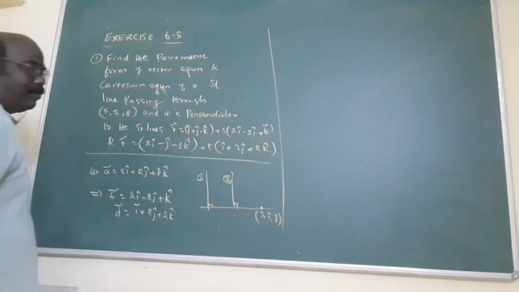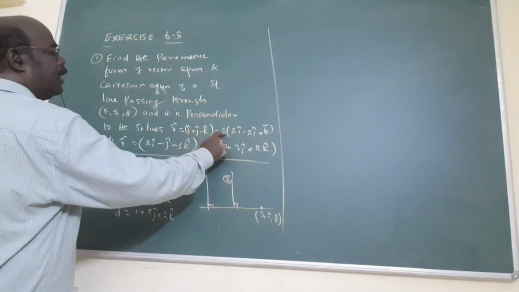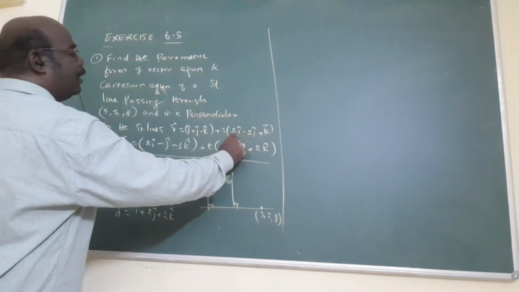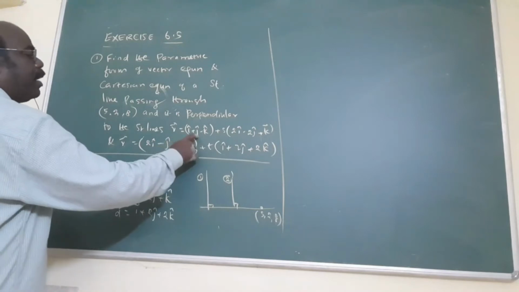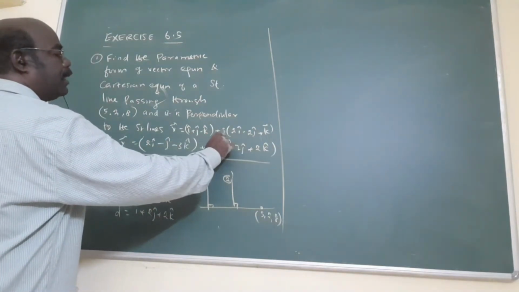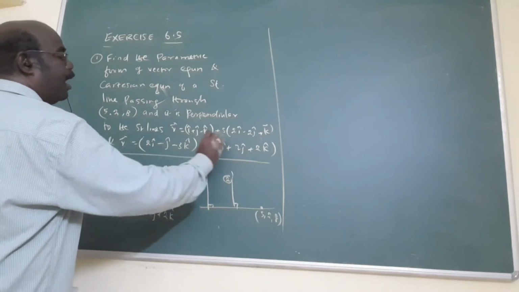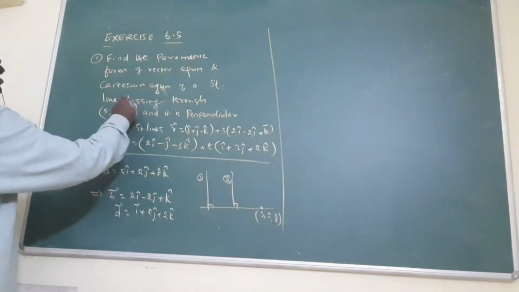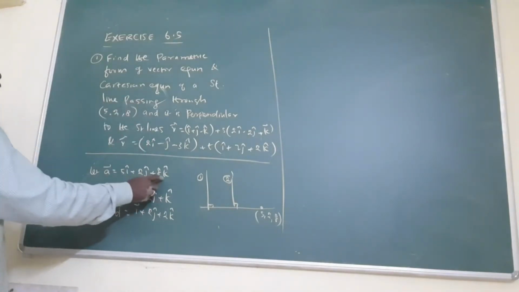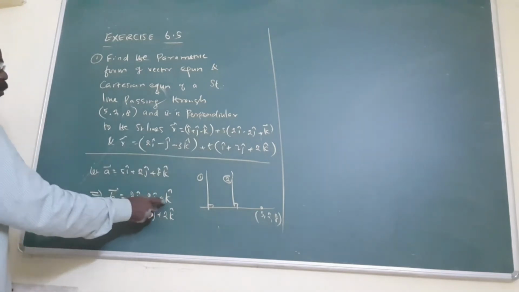Usually, I already told you, r vector equals a vector plus some scalar into some vector. This is called b vector. Next one is d vector. This is a point, after scalar. The scalars are s, t, p, q, lambda, mu. After the scalar, the first one is b vector, the next one is d vector. This is a point: 5i cap, 2j cap, 8k cap. The b vector is, after the scalar, 2i cap, 2j cap, k cap.